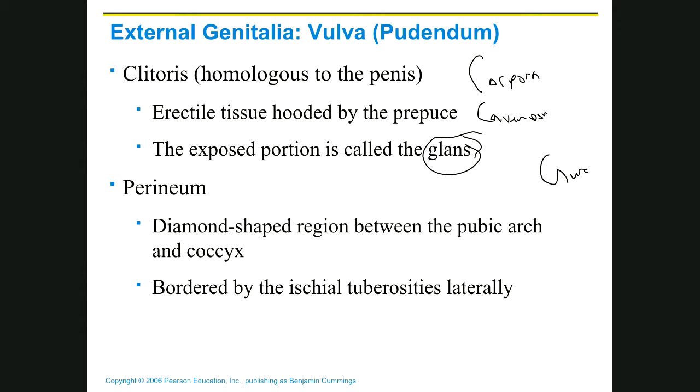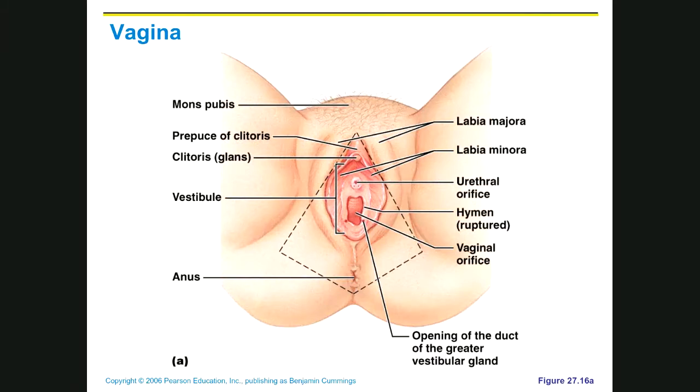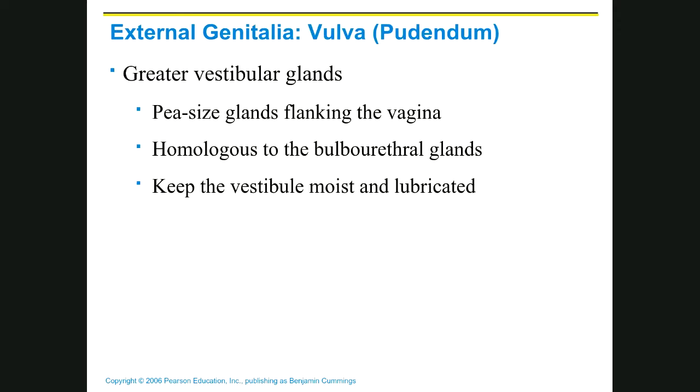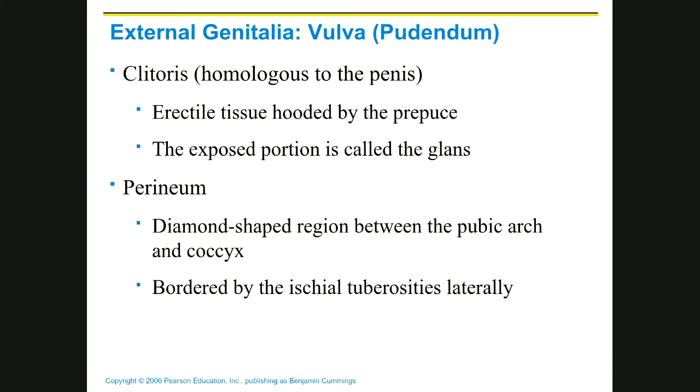And then the last thing is, if you look here, there's sort of this diamond-shaped area right here. This area is called the perineum. So the perineum is sort of this diamond-shaped region. And so it's shaped like this. And there are bony appendages at each one of these things. Right here is the pubic symphysis. Here are the ischial tuberosities. And here is the coccyx. And so this bony diamond is the